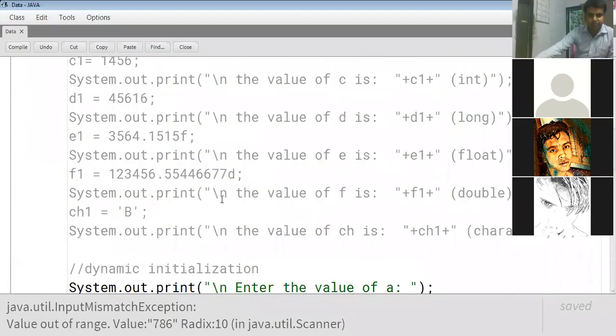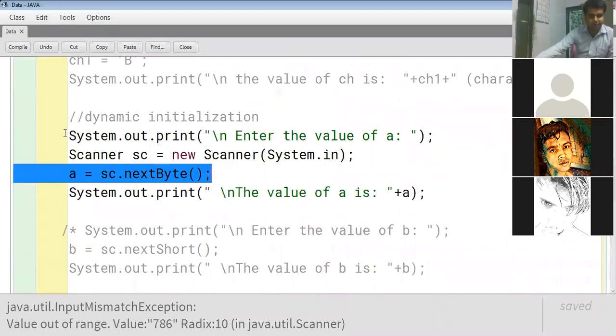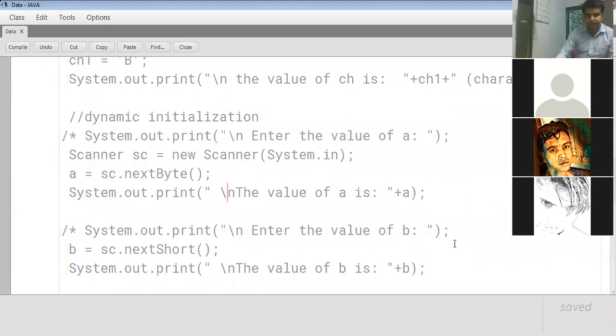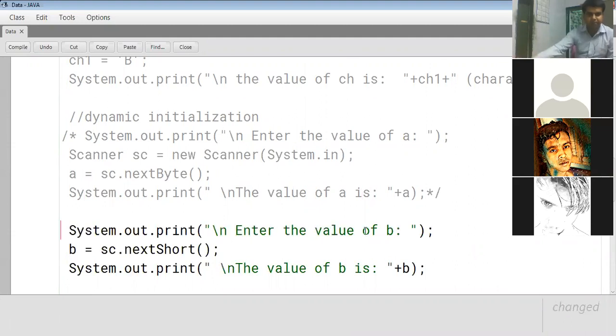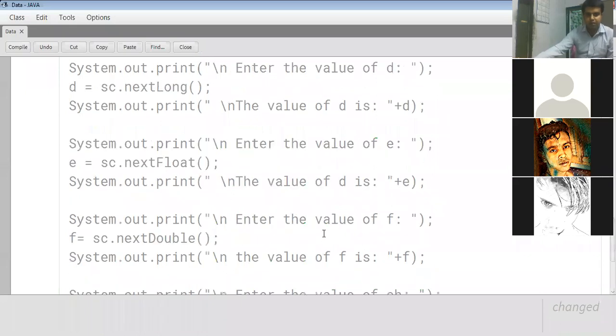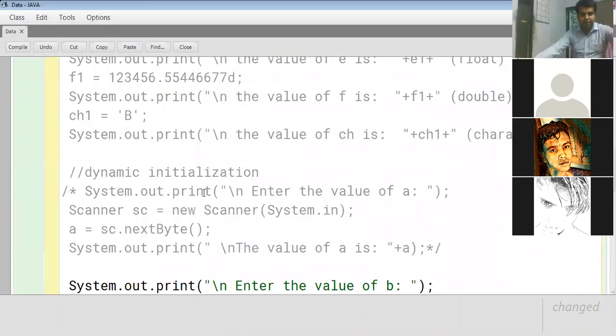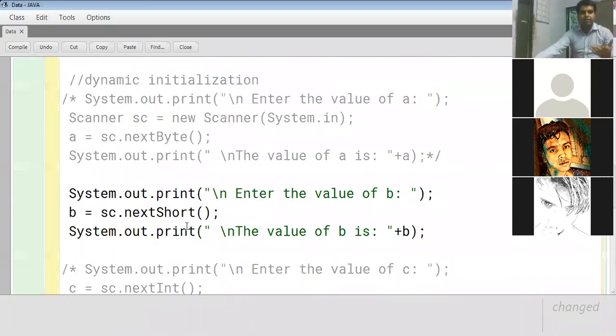Yes, we do have sufficient time. So I will stop the byte data type for the time being and try to see if I can store a bigger number. What I have done is disable my variable a part, and this time I will try with short, which is bigger than the byte data type.